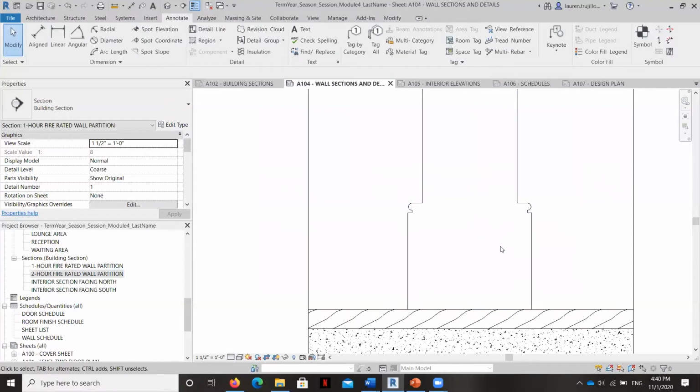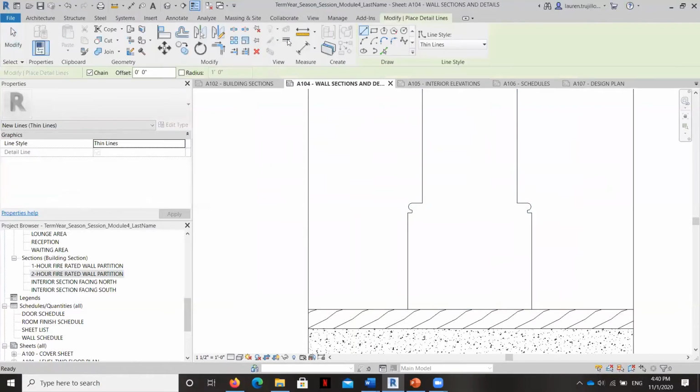Now remember, these are our baseboards, and the profile line is not really showing here because it's just sort of giving us a generic form. So what we need to do here is add a detail line that shows what happens if you were to slice through this wall, and you would see the thickness of the wood baseboard on top.